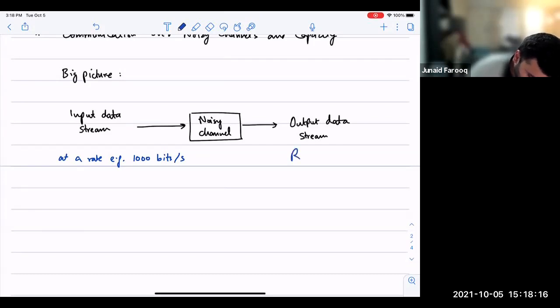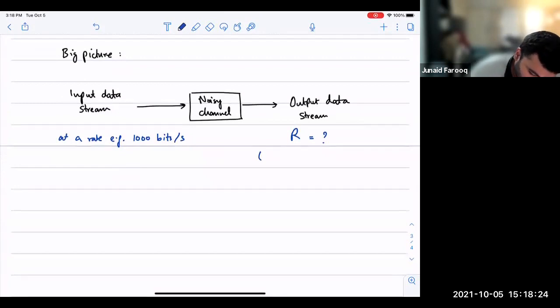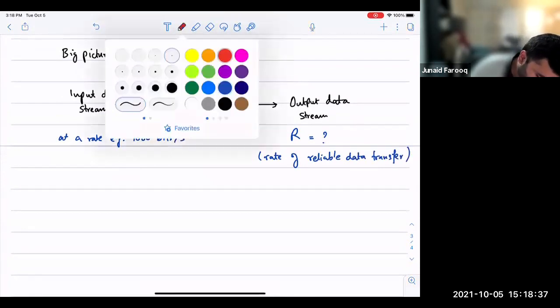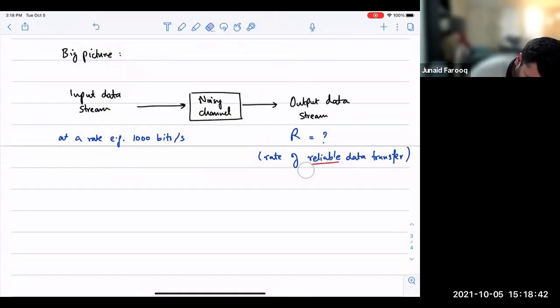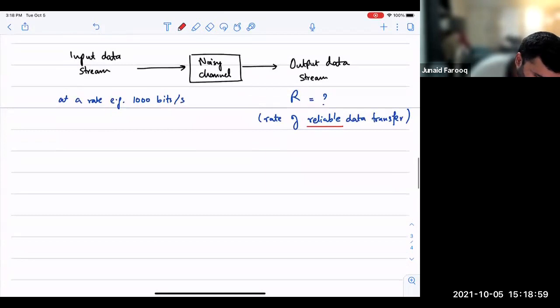So you want to find out what the R is at the output. And this R basically is the rate of reliable data transfer. Okay, so the important thing here is the reliable part. Obviously, you can have as much data rate as you want at the output, but that may be erroneous. So you're interested in reliable data rate at the output. And the important part here is that the maximum rate that you can achieve is actually called the channel capacity. So maximum rate of reliable data transfer